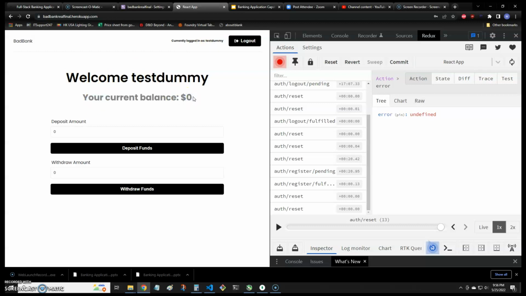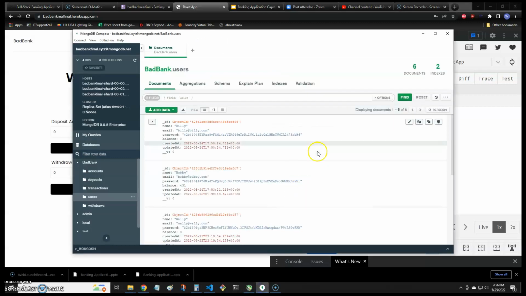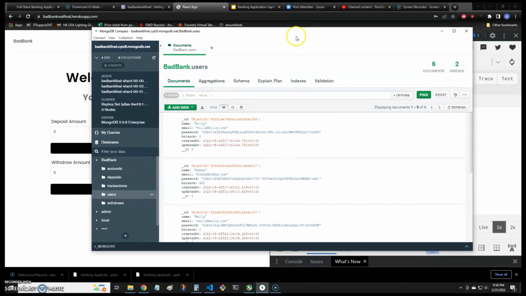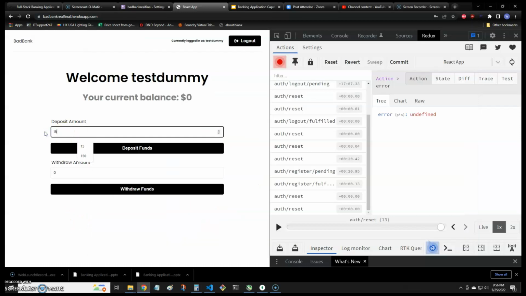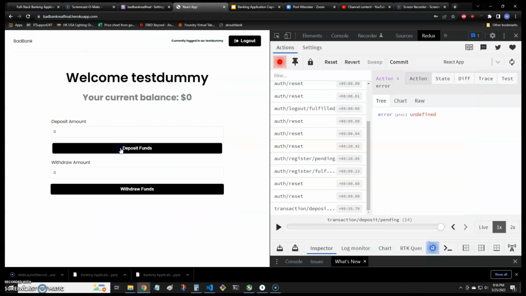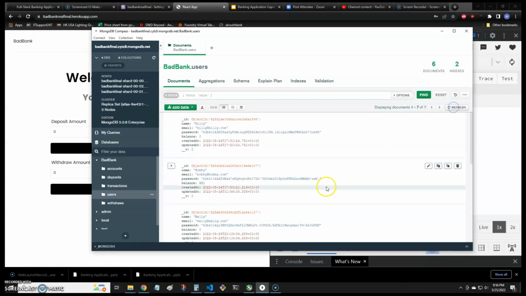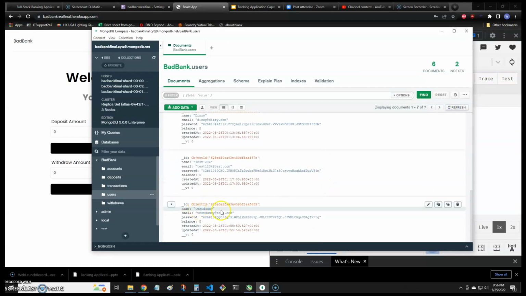It also has the user's balance. And this is one thing I did not get to implement. The balance does not update. So if we go look at Mongo Compass here, we'll refresh this. We can see test dummy with a balance of 0. We'll deposit $150. Deposit was fulfilled. Unfortunately, the balance is 0 there, but if we look at our database, go back